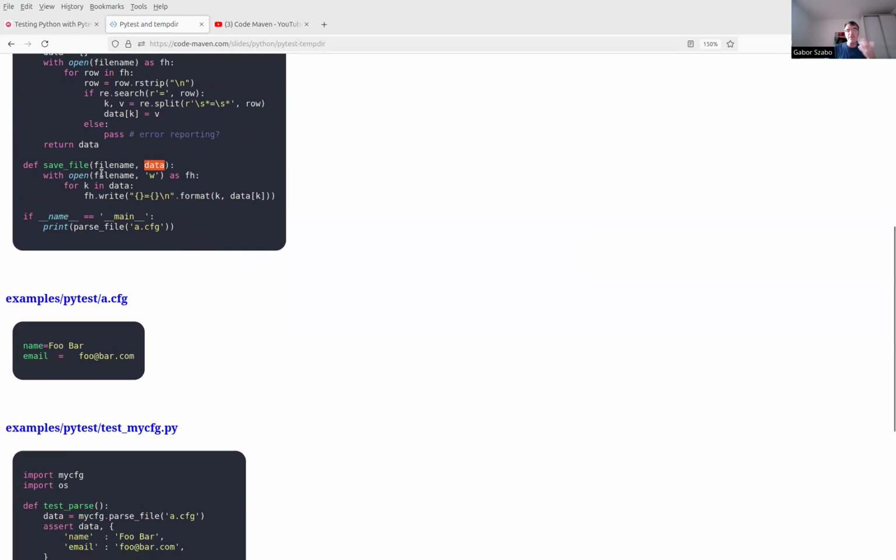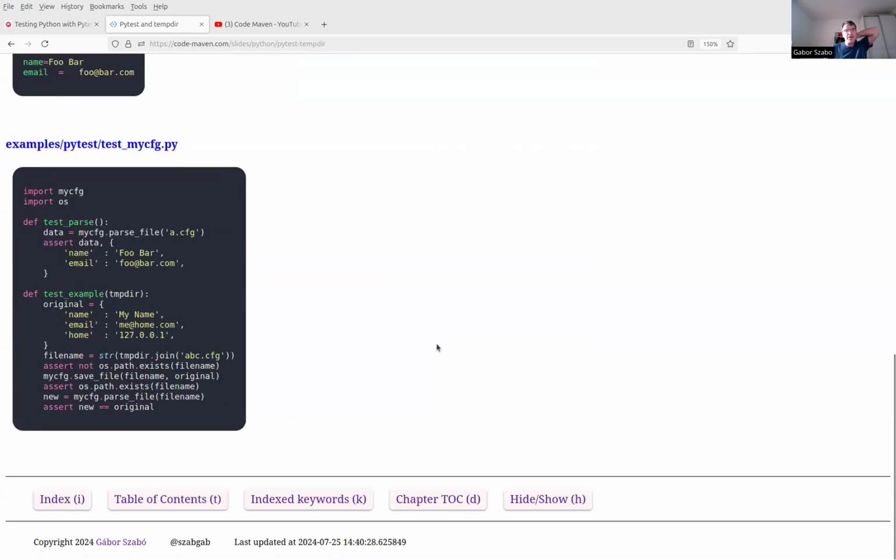Every time I need to provide the name of a file. Now, if I provide the name of the file in the current local directory, okay. So here's the test parse, which gets some config file that was part of the Git repository and checks whether the data is as I expected. Fine. When writing,